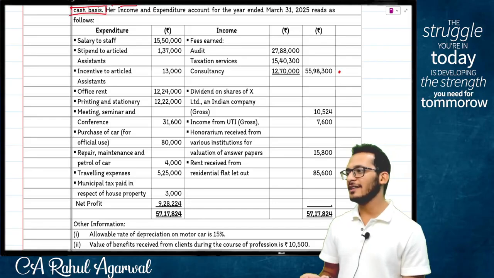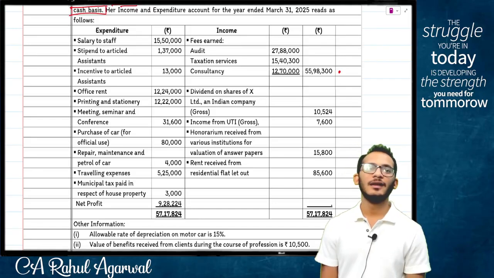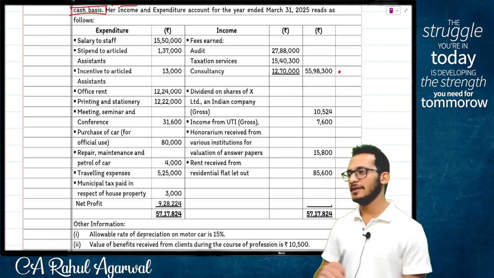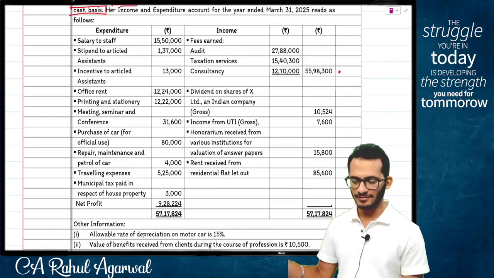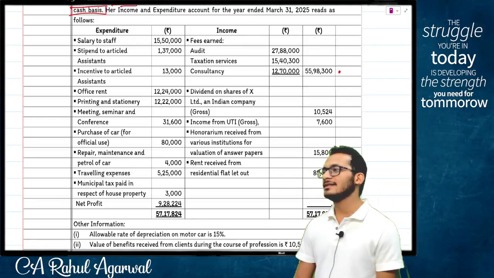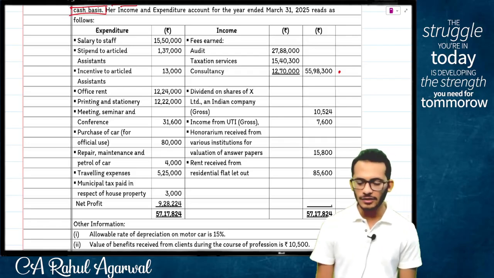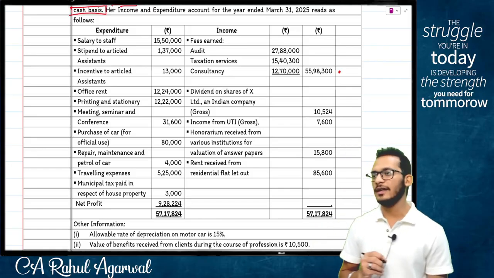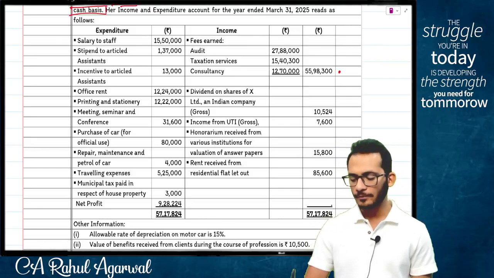People, maintaining books on cash basis means what you receive is income, what you pay is expense. Does not mean everything will come in cash. Yes. Next, dividends on shares of X Limited, an Indian company, gross is given as 10 lakh 524. People, this is not part of PGBP, therefore